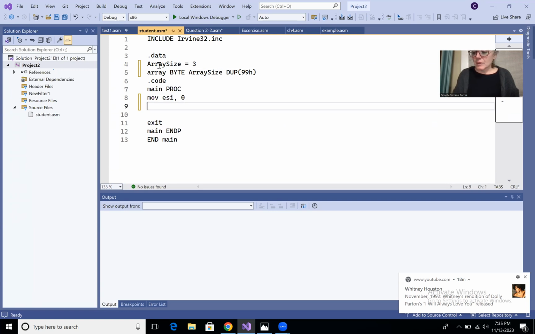So ESI is going to be our pointer. So we're going to say shift right array ESI plus 2, and then comma 1. So we're shifting to the right by 1. And that's going to be the highest byte. So if you think about it, that's going to be the highest byte, which is,